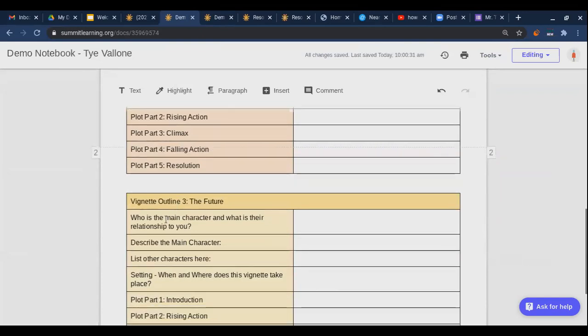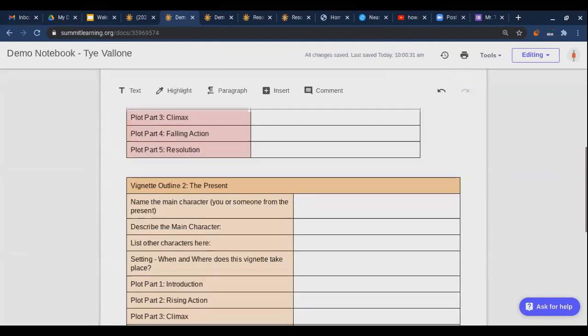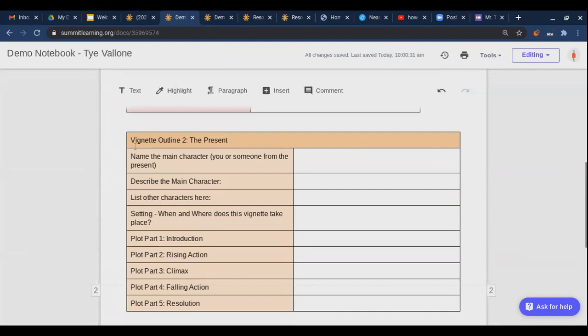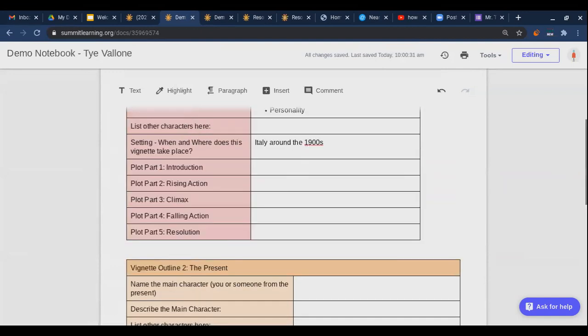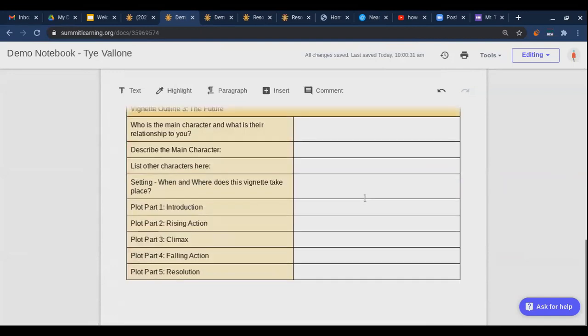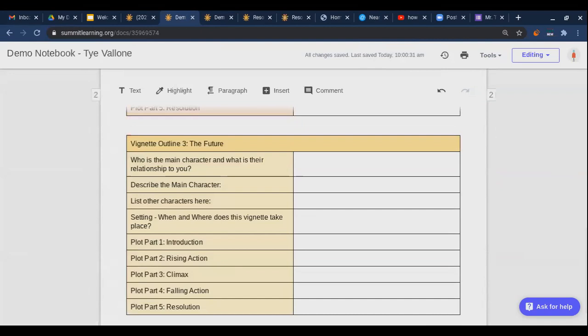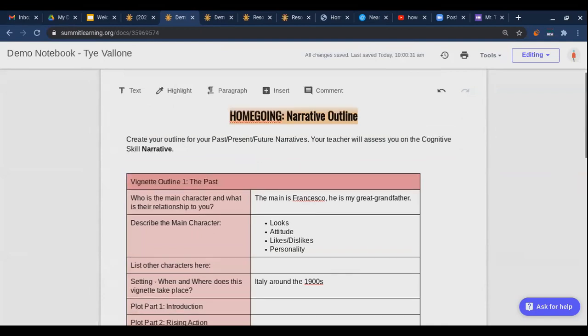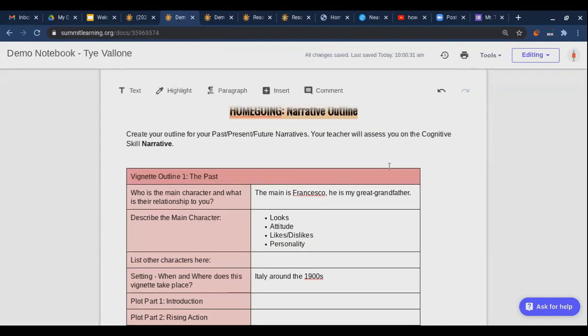And then the future one, who is the main character and what's their relationship to you? So the easy way to think about this is, when I fill out the box for the present, this should be either about me or somebody that I know, that's in my life right now. And then the one in the past and the one in the future, those are the ones where I can maybe embellish and be a little bit more fictional. And then I create a story, I create a narrative that kind of links them all together,